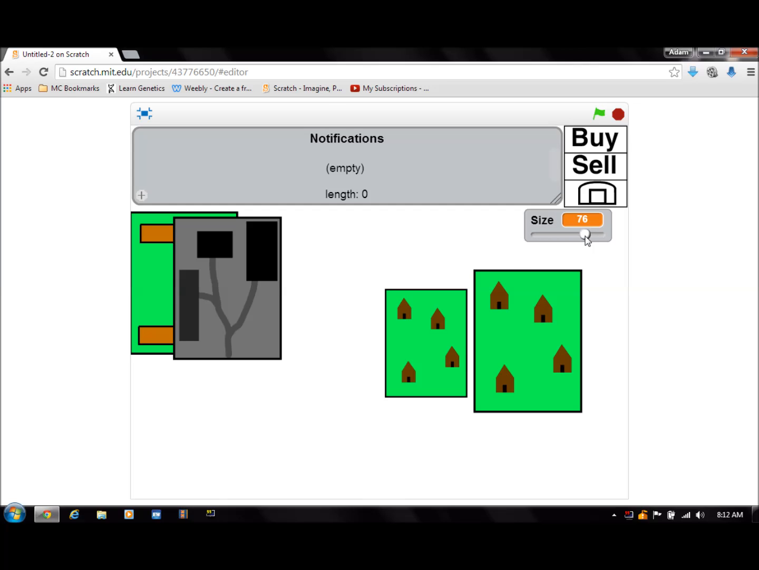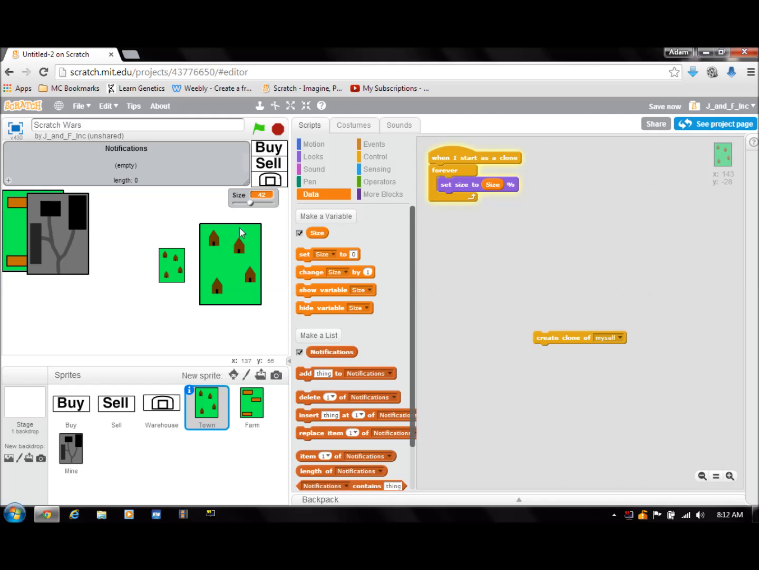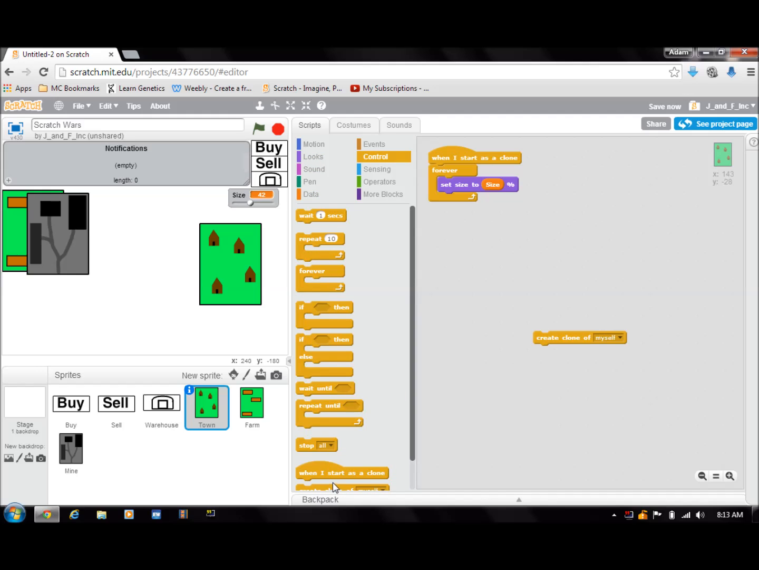And that's right, I can't move that. They can change the size. That way, if they have a lot, they can do that. So yeah, that's really nice. So I'm just gonna stop that, and then I'm gonna have another script that says when